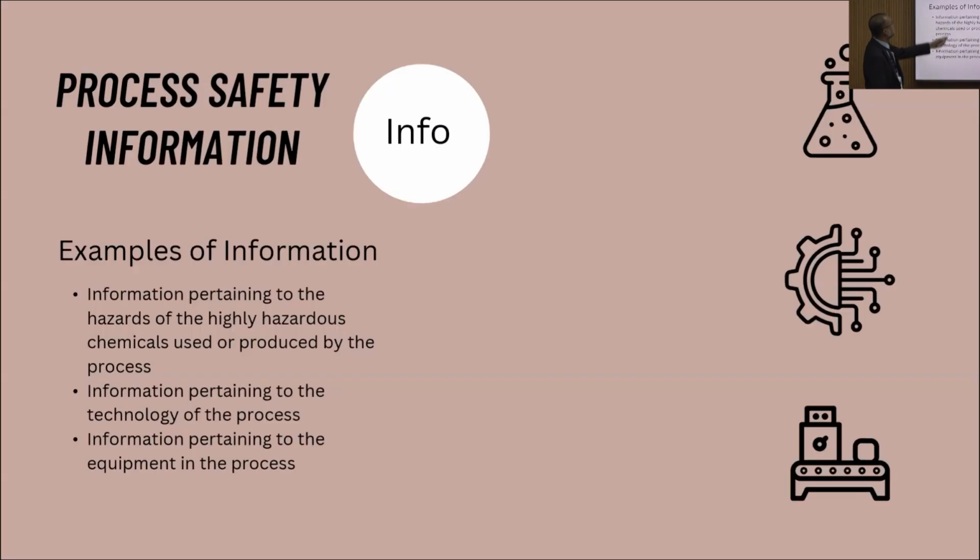Okay, so PSI, examples of information pertaining to the hazards of highly hazardous chemicals, technology of the process, equipment of the process. So you're familiar with your safety data sheets. Okay, that's something you're familiar with. That is process safety information. If you're chemical engineers, you have your P&IDs, the process description, the safety devices, and then you have the